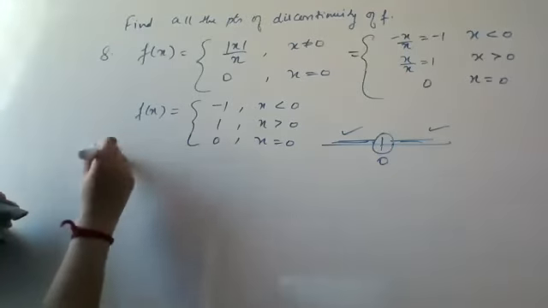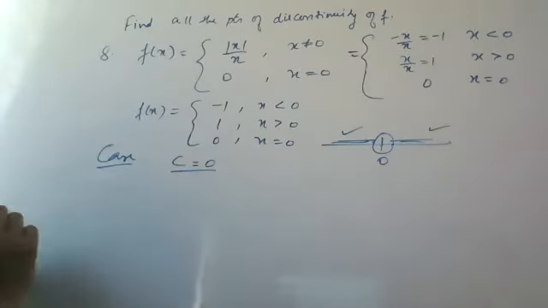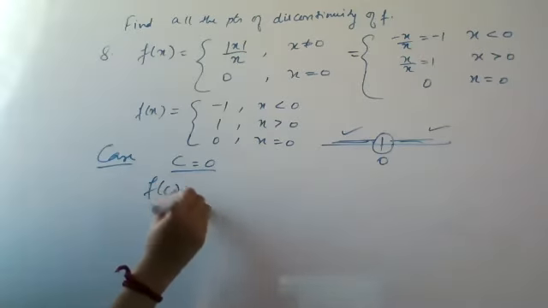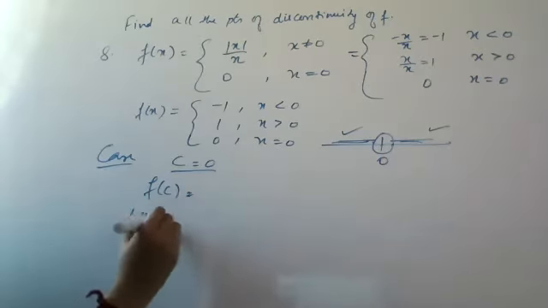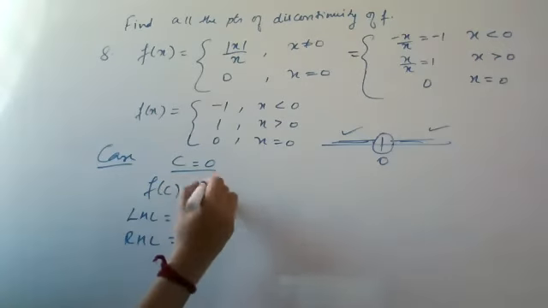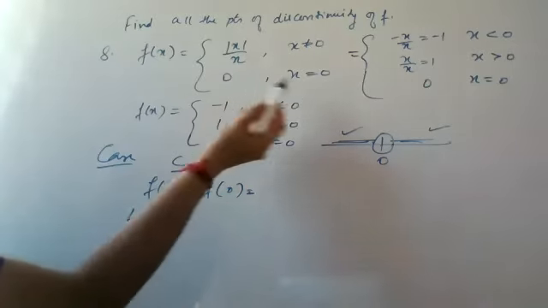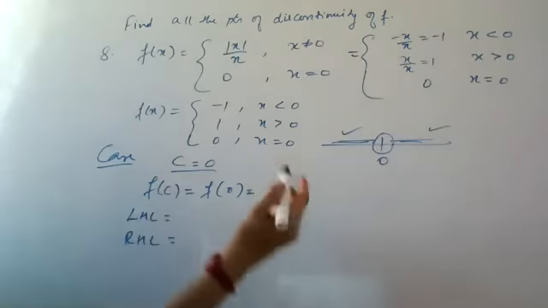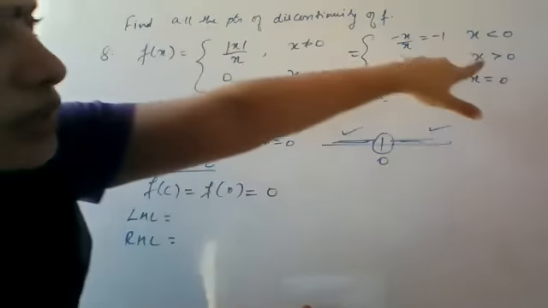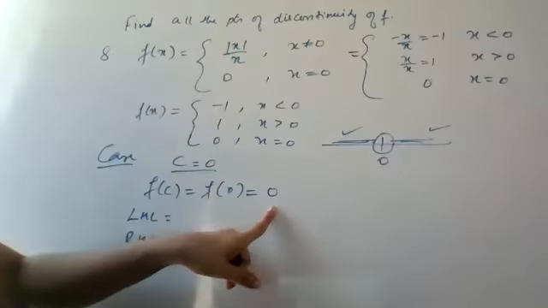Case 2 is what we need to check when your c is equal to 0. Okay, c equal to 0 means again you have to at the point check करना है, and left hand limit and right hand limit, all the three. f of c will give you f of 0, and what is f of 0 given as? It is directly given. It is 0. Separately, normally हम क्या करते हैं, equal to greater than के साथ ही डालते हैं. तो यहाँ पे वो function दूसरा दिया हुआ है, so you have another value.